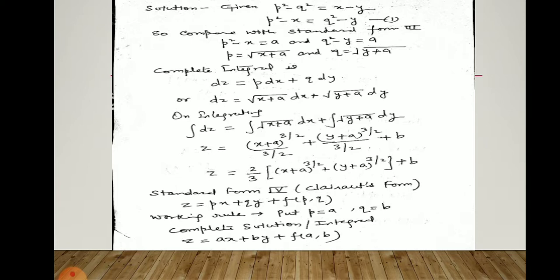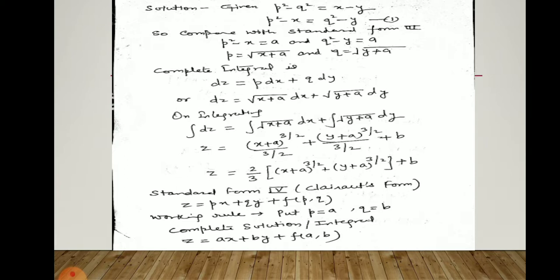Whenever you differentiate this equation z is equal to ax plus by plus f(a, b), then we get 0 is equal to x plus del f upon del a and 0 is equal to y plus del f upon del b. The singular solution is obtained by eliminating a and b from the equations z is equal to ax plus by plus f(a, b), 0 equal to x plus del f by del a and 0 is equal to y plus del f by del b.